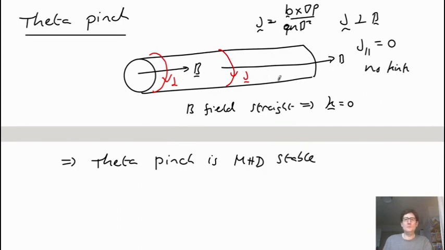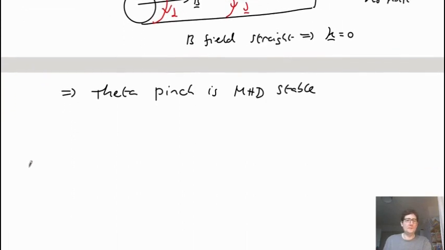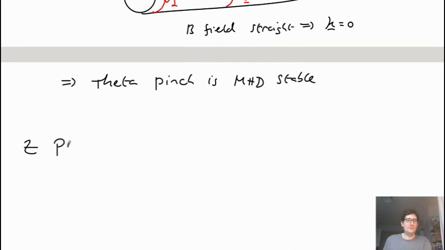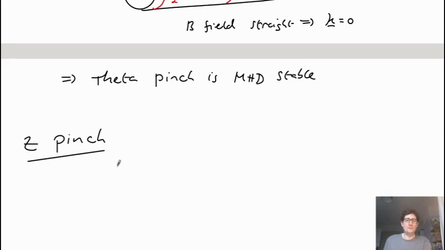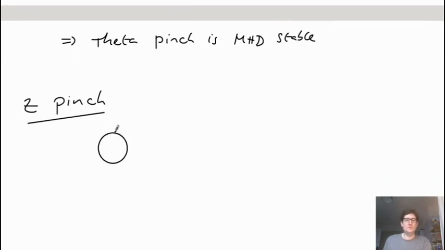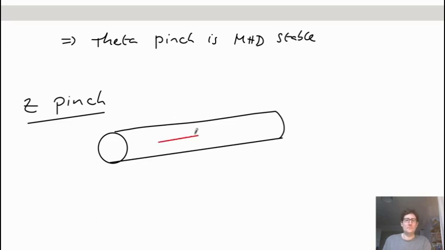The more difficult, more interesting case is the Z pinch. So if we go to a Z pinch where we have the current running down the middle, here there's also a cylindrical equilibrium. We have a cylinder with, again, current down the middle. So current is here and magnetic field around the outside. So B is like this, and now we have a curvature we've done before. So kappa is inwards, as is grad P,